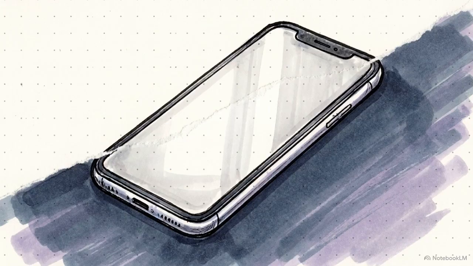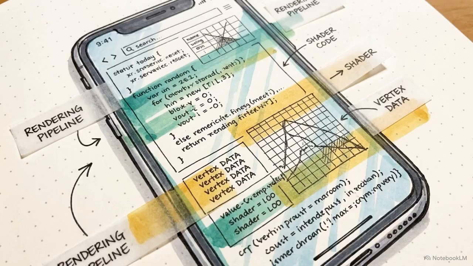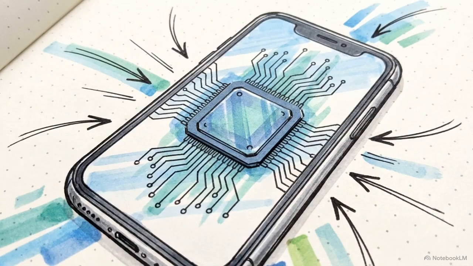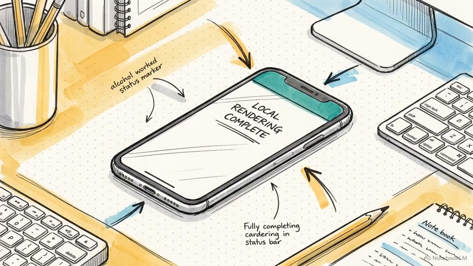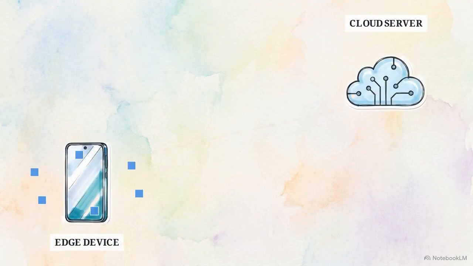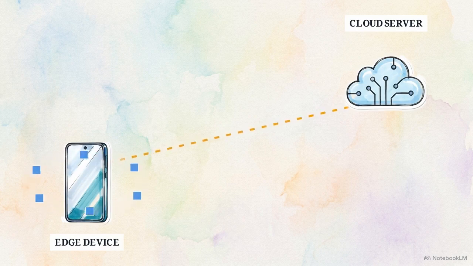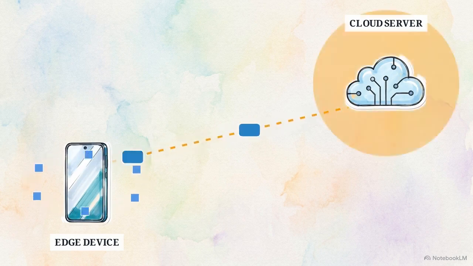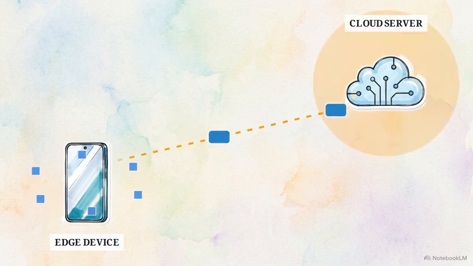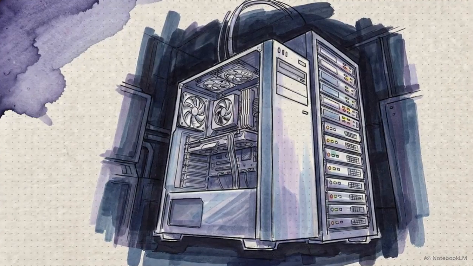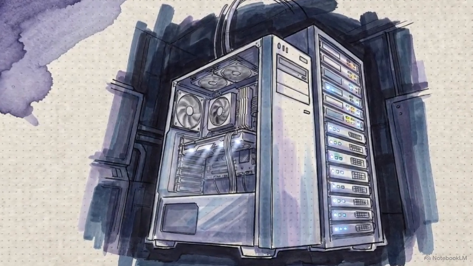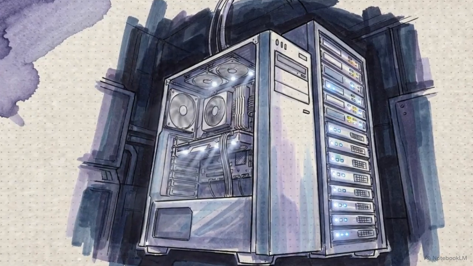But this raises a technical question. How can a smartphone handle processing? It's made possible through Edge AI. This allows processing to happen locally on your hardware, rather than relying on a distant server. This diagram shows the phone acting as a bridge. It handles the local data nodes while offloading the heaviest rendering tasks to a cloud server through a high-speed connection pipeline. By distributing the work this way, the smartphone processor bypasses the need for massive local hardware setups once mandatory